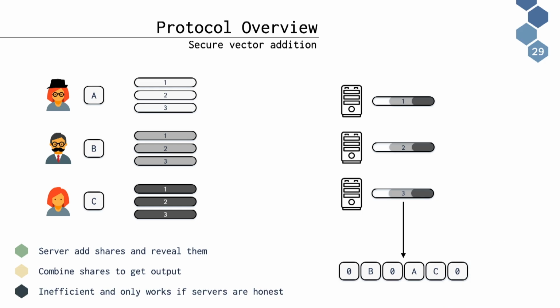But this is good on a high level, but unfortunately these arrays need to be long because, well, if I have n clients, this array length needs to be proportional to n. And now if I have k servers, then I need to send n times k amounts of data because each share is as big as the secret. So this is something that would make the protocol very slow. And we also didn't deal with the fact that servers might be malicious. They might just send the wrong message.